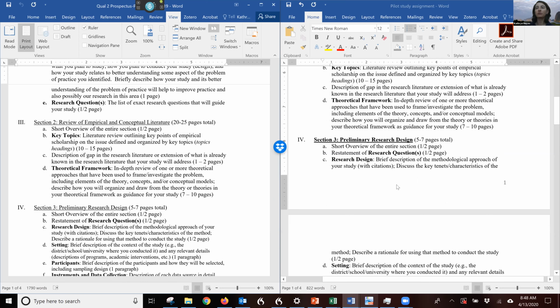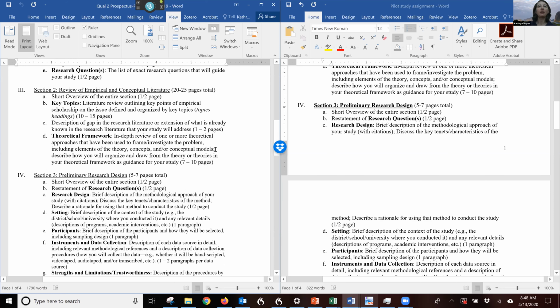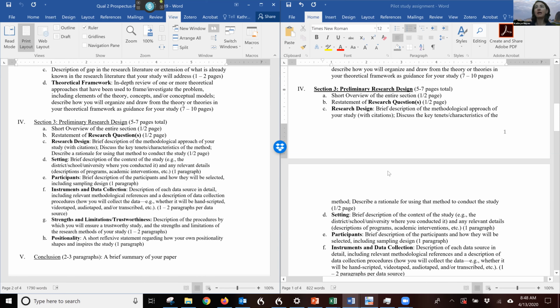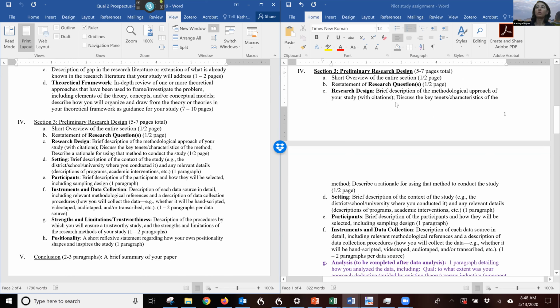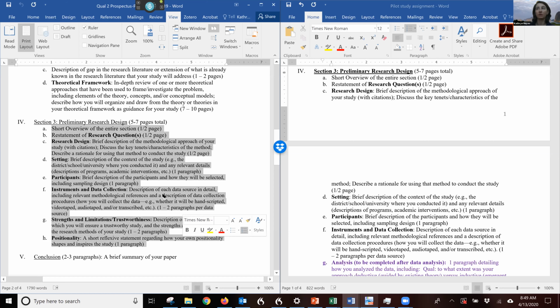Now, section 3, research design, is also the same, except you're going to be taking, and there's a video on this, your pilot study proposed research design, the one that's as close as possible to what you're thinking of your dissertation. You're going to save it elsewhere for your Qual 2, right? Because your Qual 2 is a proposal.